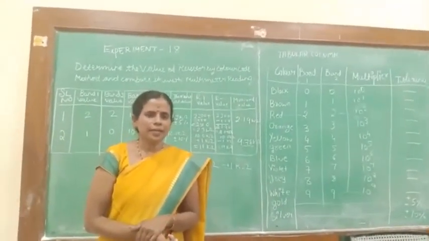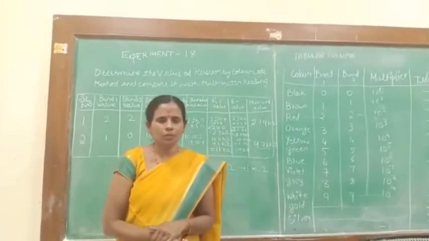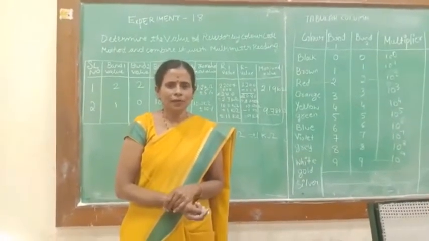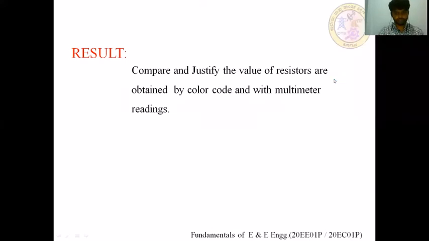So in this way, you try many number of resistors, connecting it on the board and use your multimeter properly and find the value and compare the two values. I hope you understood this. Already, as we know, how to get the resistor value from the color code method, and also how to measure the resistance value with the multimeter reading. So we know how to get the value from the color code and also from the multimeter readings.